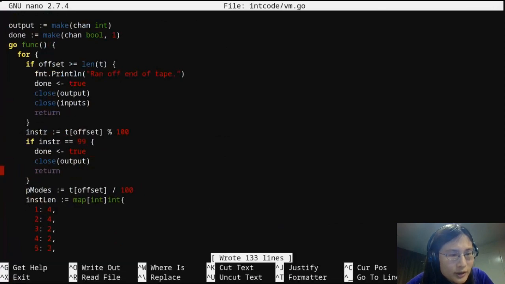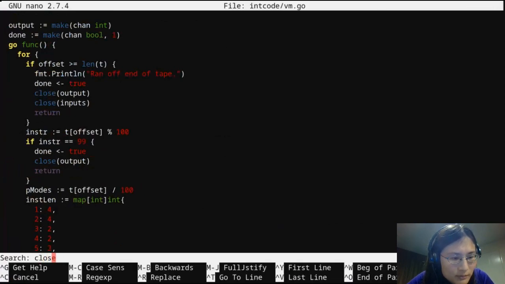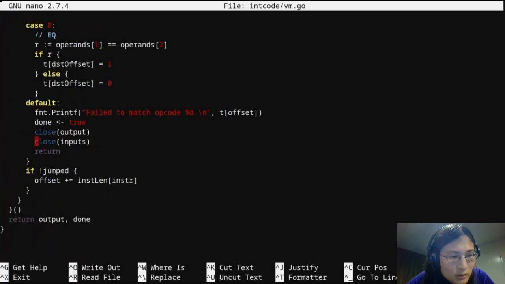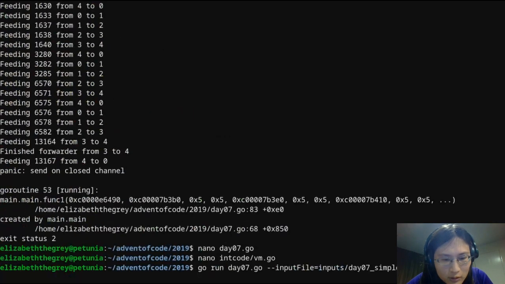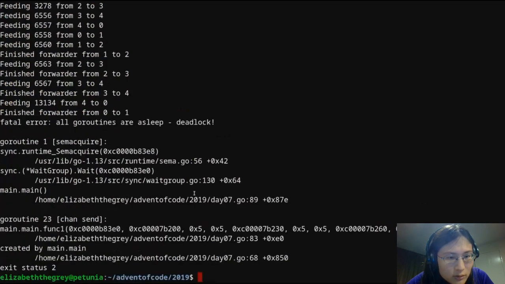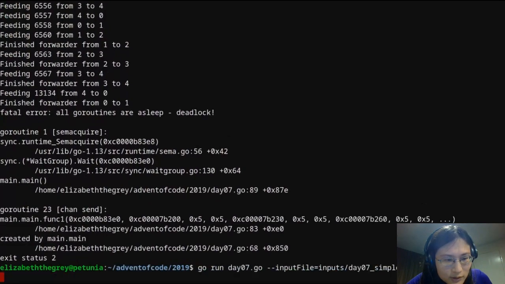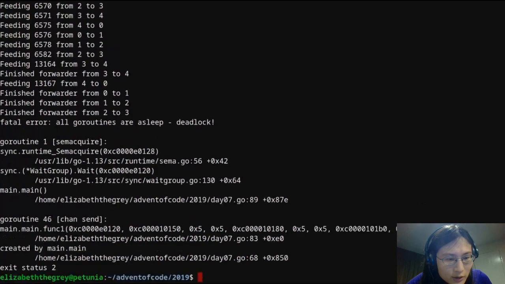I don't think I need to close inputs. I think I can just get rid of that line. I think it'll still behave fine. Nope. No, it thinks it's trying to send to a channel that's never going to receive it because it's already terminated.